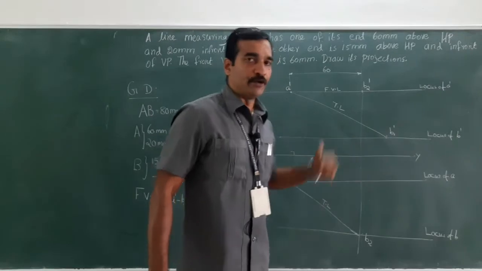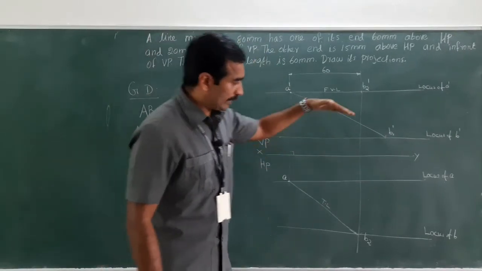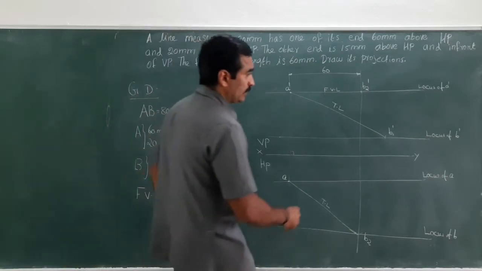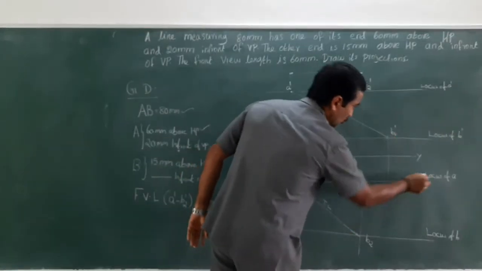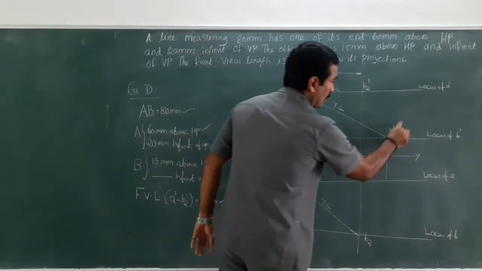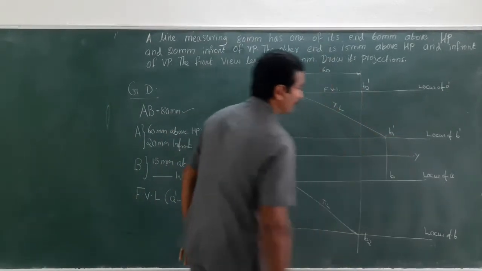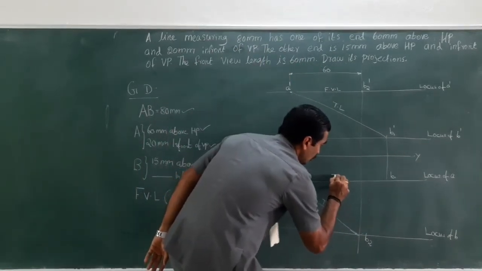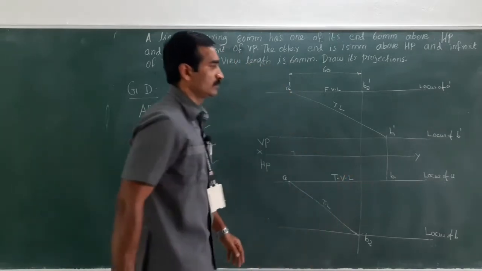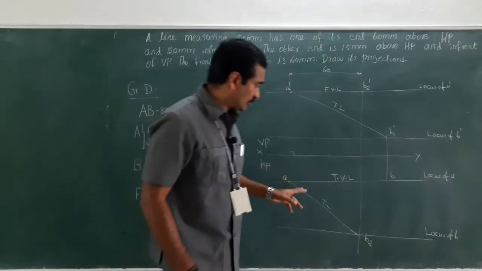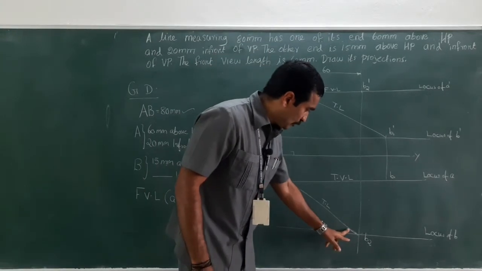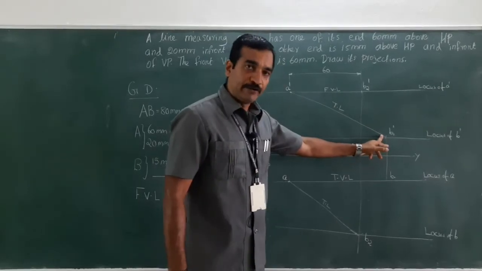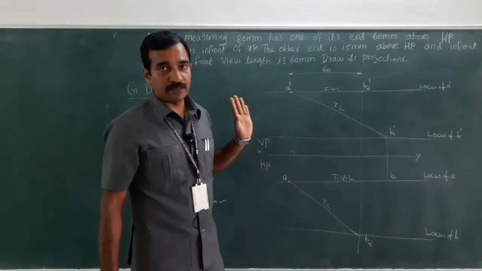Now this is the front view. Then by projecting to the HP, I will get the top view of this particular projection. Right. So let me just project it to the locus of A. B1 dash becomes B1. And what about AB1? AB1 is nothing but the top view length. So check the projections here. This is the top view and its front view is here, and this true length is the front view and its top view length is here, right?